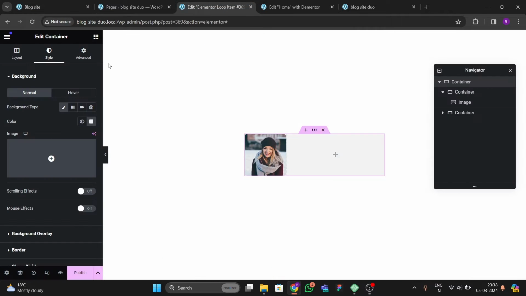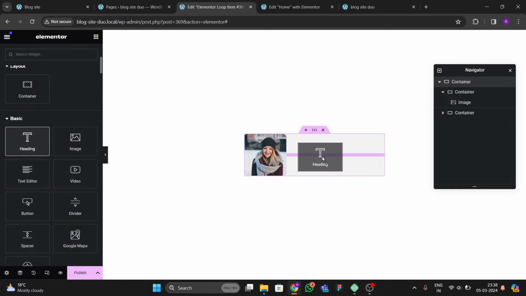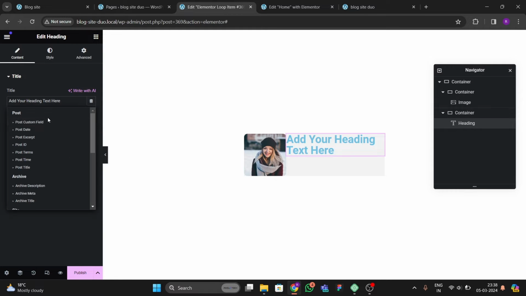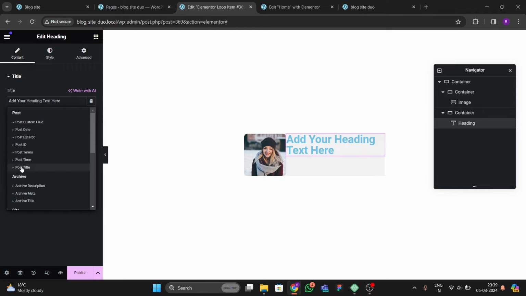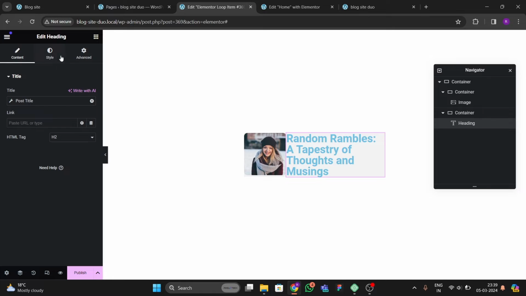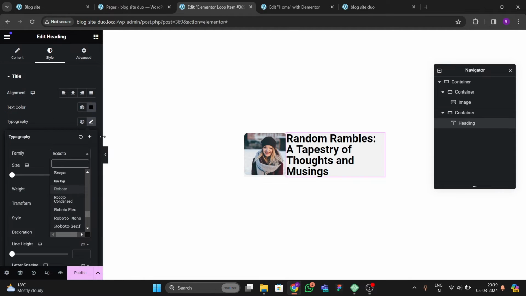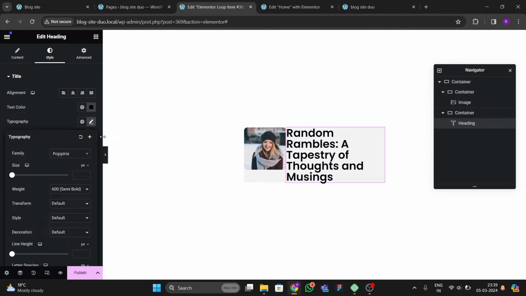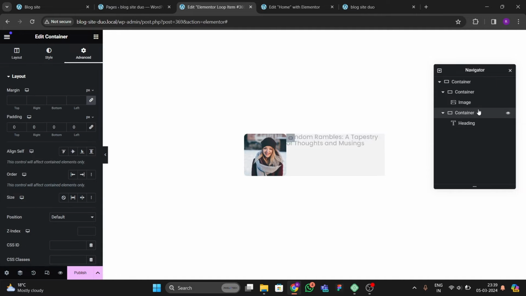Okay, so now what we can do, we have to add this. So for adding this, go to here, then from here you have to just drag this, then choose the post, okay, choose the post title. Okay, so let's go to the settings here, choose the blackish color, and from here we're gonna make it Poppins. Then go to 500 and let's increase this